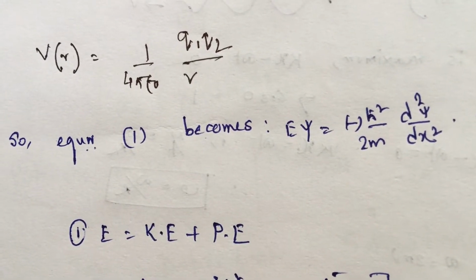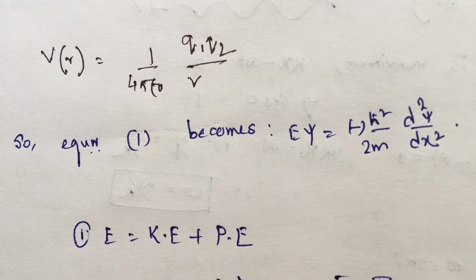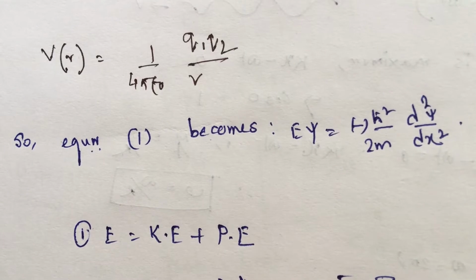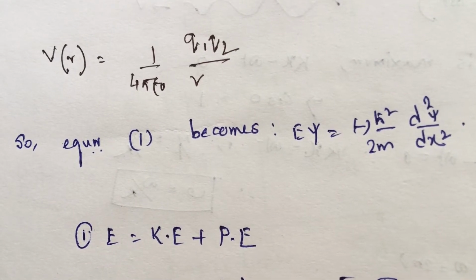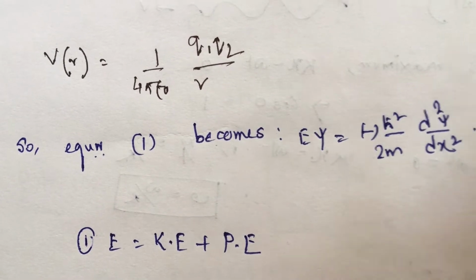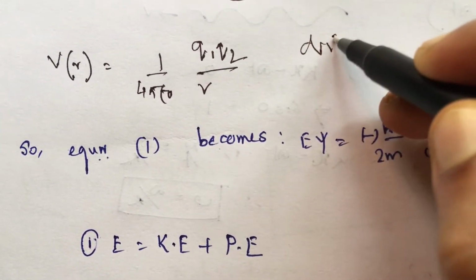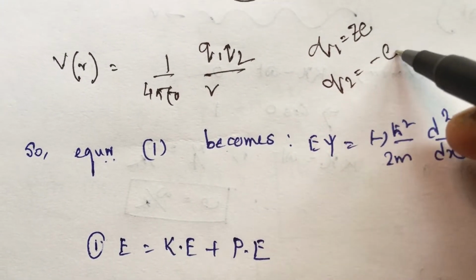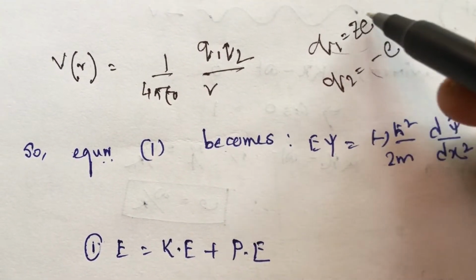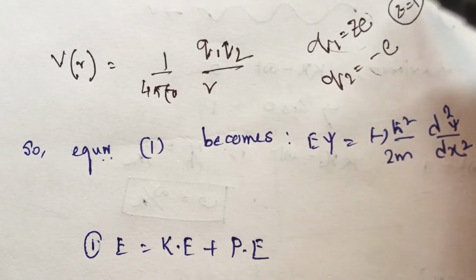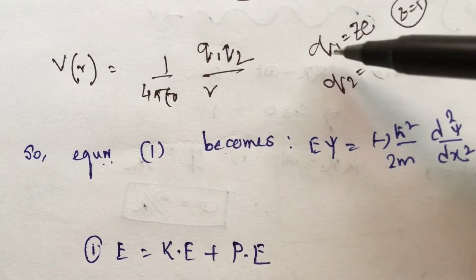Q1 we have Ze, Q2 is e. Z is equal to 1 here because we are dealing with the hydrogen atom, there is only one proton. So if we put Q1 equal to Ze and Q2 equal to minus e, that is the charge of the electron, and the charge of the nucleus. Here Z is equal to 1 as this is the hydrogen atom,